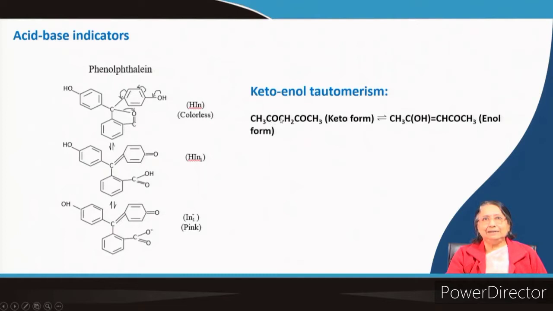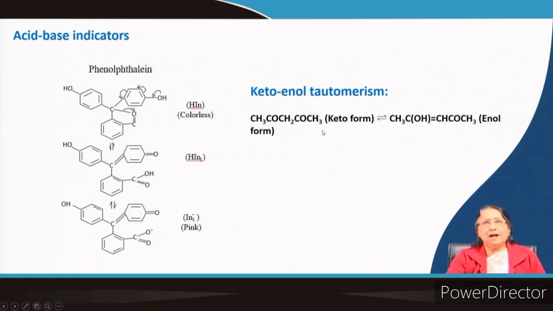Between this carbon and this carbon there is one double bond. That is why it is called enol. Enol means ene and ol. Ene means double bond, okay, and ol means alcohol. So, in this form there are both this group, that is the double bond, and also the OH group, that is why it is called enol, and this is the keto. So, this form is the tautomer of this, and this is called keto enol tautomerism, keto enol tautomer, a keto form and enol form, whatever you may call it.